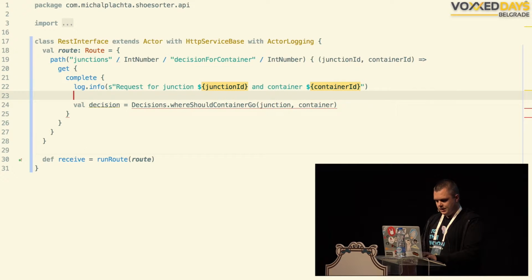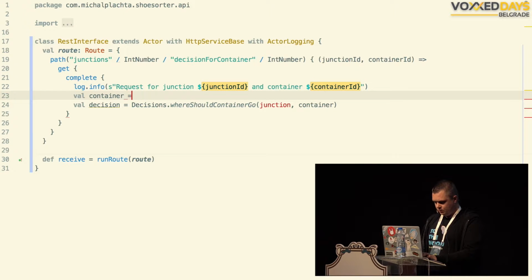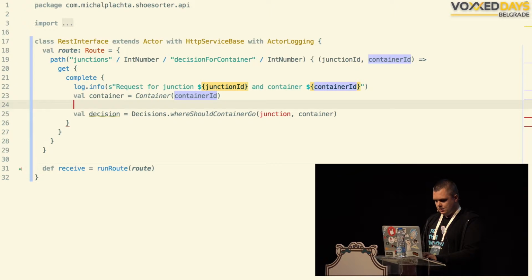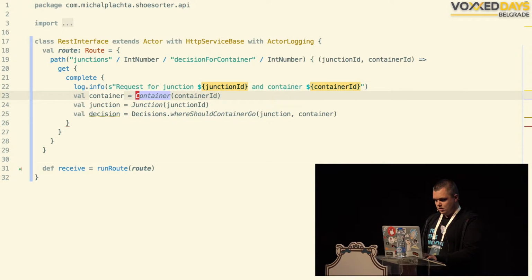We don't have them yet, so we just create our domain objects. Container is just a case class container ID, and junction is junction. I will just finish that and show you the implementation of those two messages.